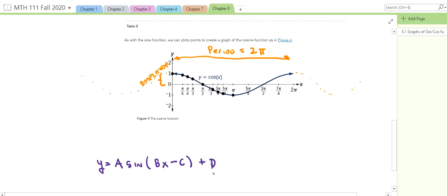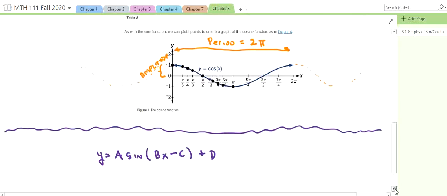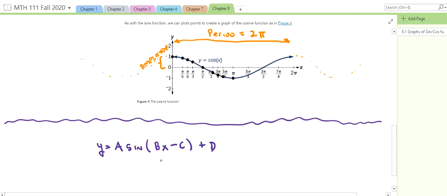And as you progress through your scientific career, if you get into electricity and you're working with alternating current, you'll have to deal with the phase angle, and the amplitude is important. But I'm going to talk about this in the next